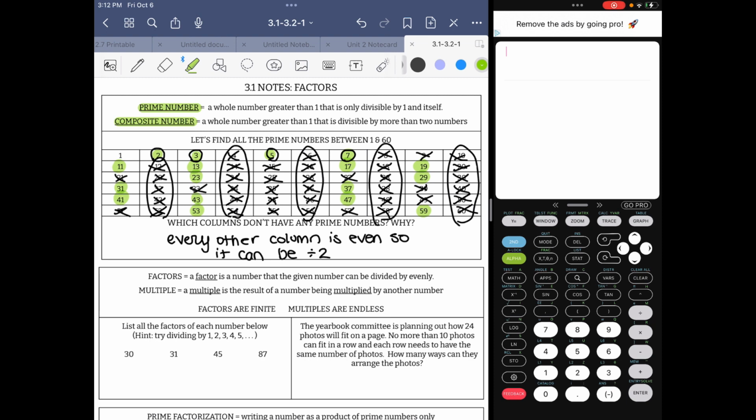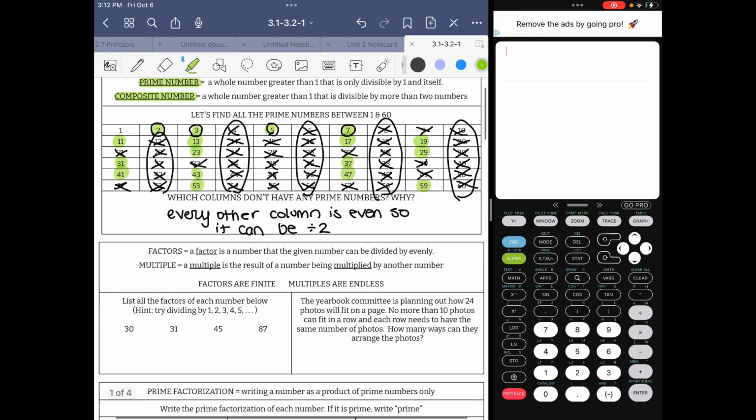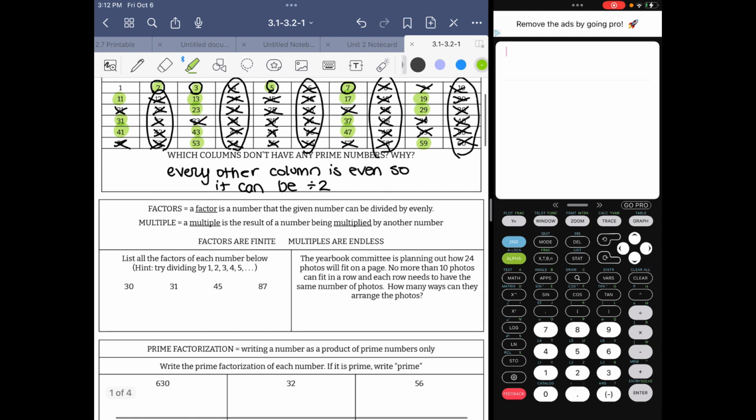Now let's talk about factors for a minute. Part of the reason why those numbers are called prime is because they don't have factors. A factor is a number that the number you're given can be divided by evenly. So, for example, if I want to list all the factors of each number listed in this example down below,